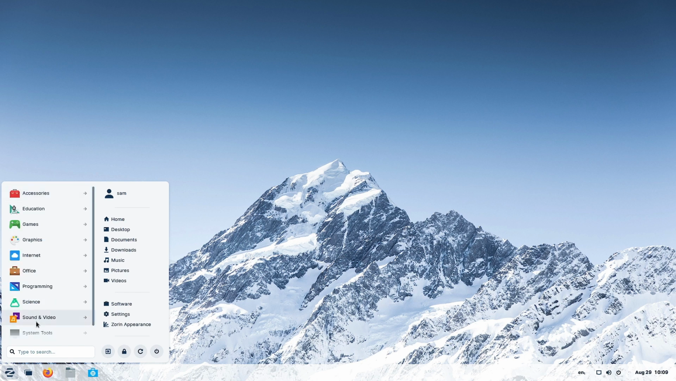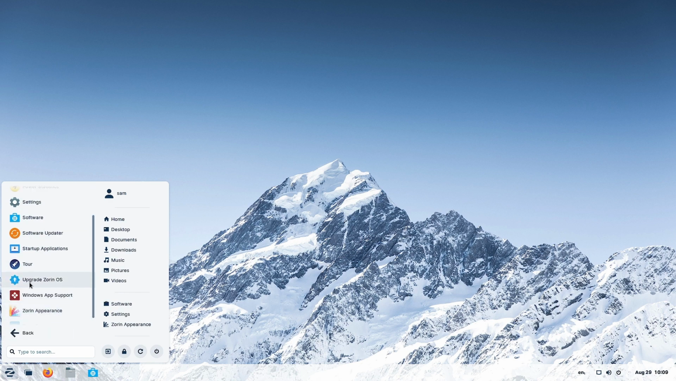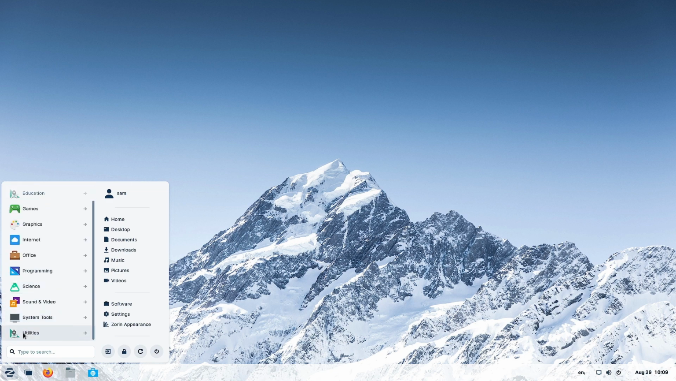So that's it. Now in the system tools, you can see the GNOME disk is there, main menu, power statistics, settings, software manager, software updater, startup applications, the GNOME tool is there, and the upgrade OS, Zorin OS application is there. Windows app support is there. This is nothing but Wine, and the Zorin appearance is there. If you go back,